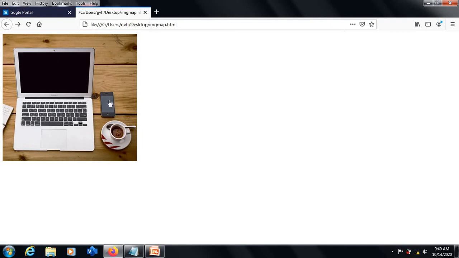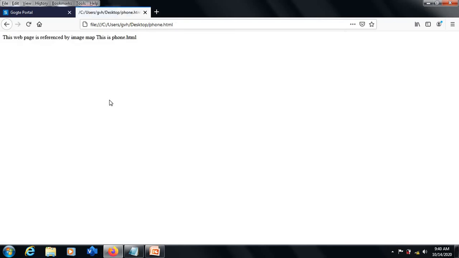Similarly, I have created a link to this phone as well. If I click on the image of the phone, it will refer to some other web page. This page is referenced by ImageMap, and this is phone.html. Earlier for the laptop I had laptop.html, and for this phone we now have phone.html.